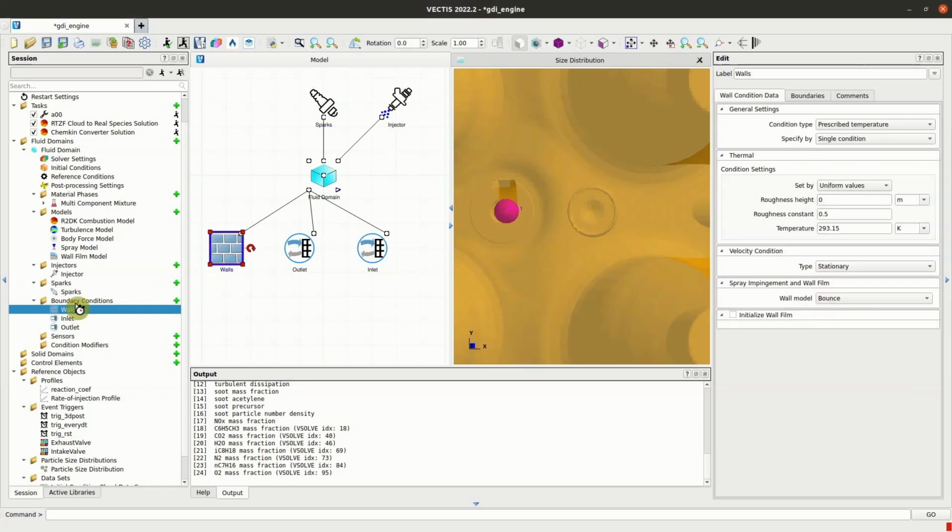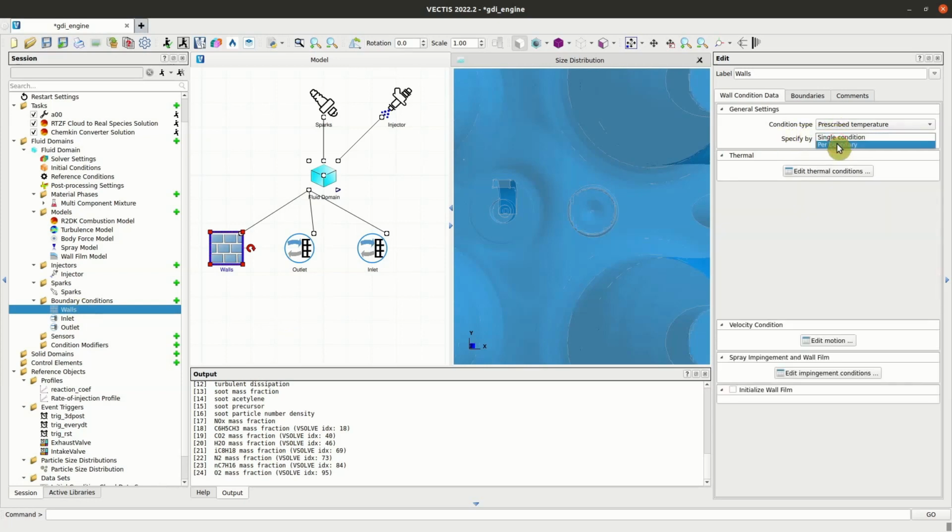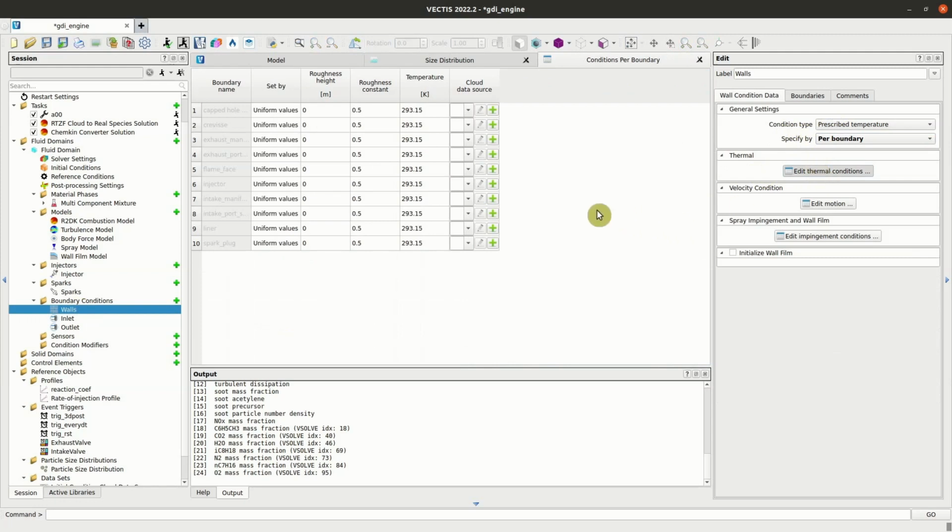First, let's go through the solid boundary conditions, where the condition type is prescribed temperature and is specified per boundary. We can then edit the thermal condition per patch, where the crevice temperature condition will be 430.9 Kelvin, which is the same for the flame face, the injector, and the spark plug. The exhaust manifold is at 396.4 Kelvin, and it's the same for the exhaust port seat, while the intake manifold is at 360.3 Kelvin, and similarly for the intake port seat. Finally, the liner is at